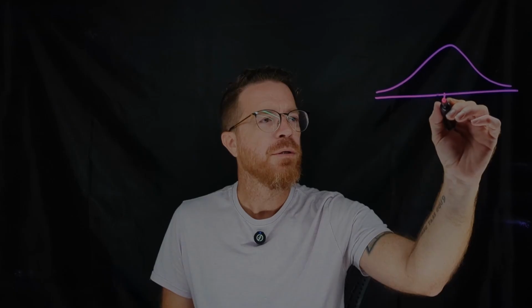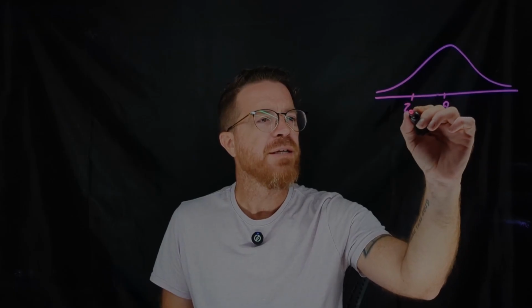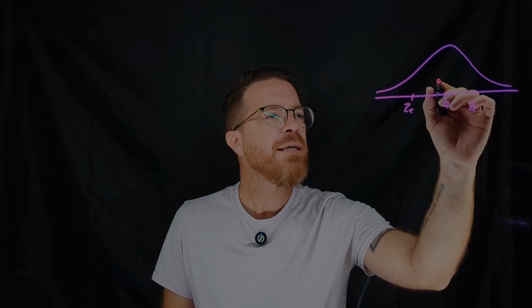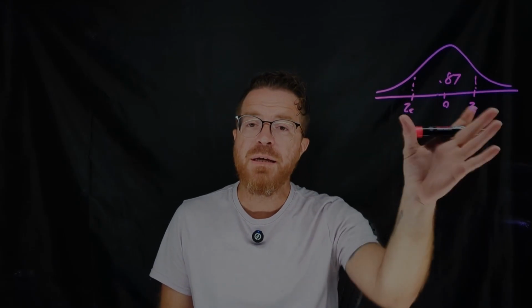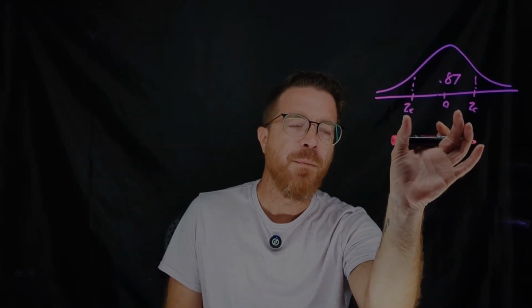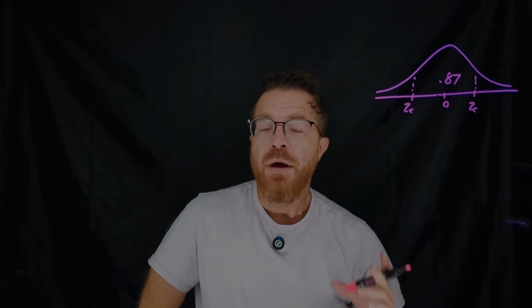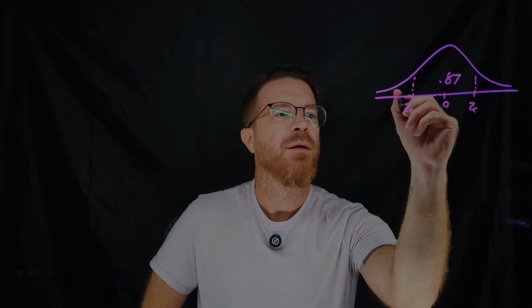Let's do one more quick example that's not one of the three main ones that we use. Let's say that we have our standard normal distribution centered around 0. We have negative z critical. We have positive z critical. And let's say that 0.87 falls between these two critical values. So if 0.87 falls within this interval, that only leaves 0.13 to fall to the left and the right. Well, half of 0.13 would be